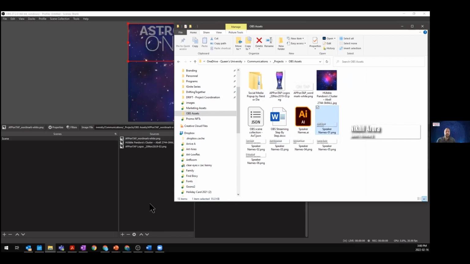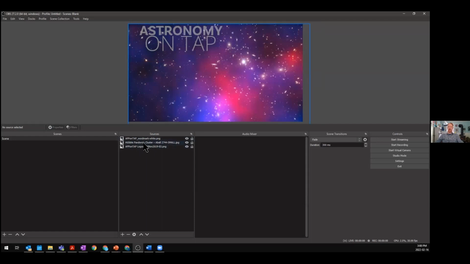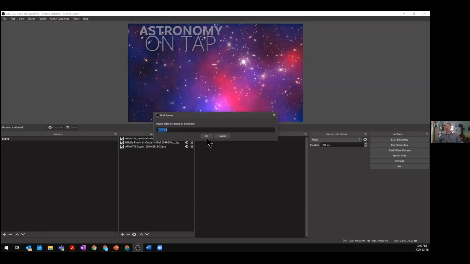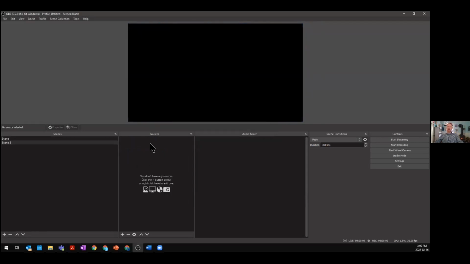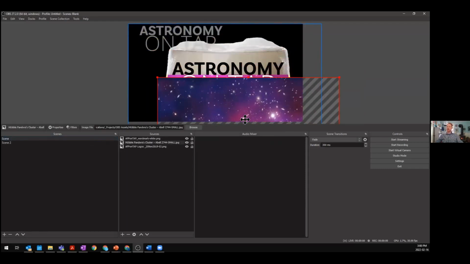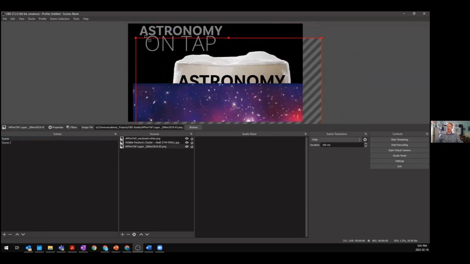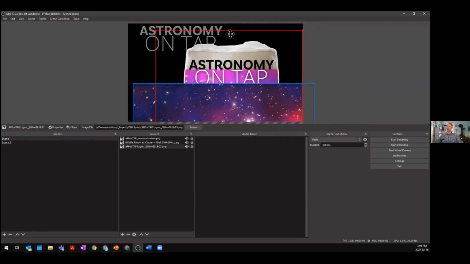These sources, are these sources unique to the scene that you're making, or are these sources available to any scene that we make? You would have your own assets, but the sources in OBS you can use for any scene. But you can also have them visible or not visible on a scene. So if I wanted to create another scene, and I'm calling it scene 2, it's not automatically sharing all the sources. But if I got something set up a little bit and wanted to